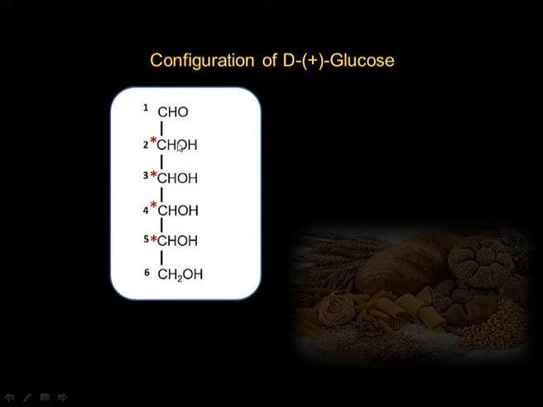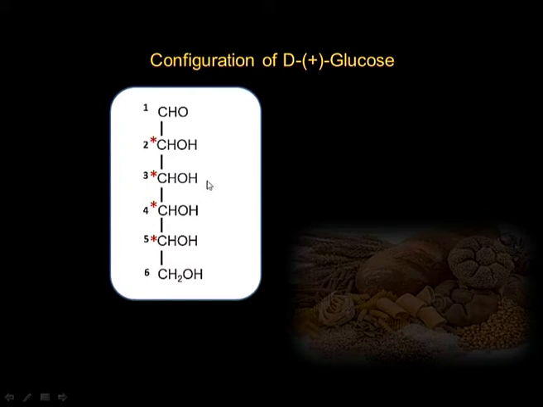Now this structure has 4 asymmetric carbon atoms, numbered 2, 3, 4 and 5. These are shown with the help of a star also. If a molecule has 4 asymmetric carbon atoms, then 16 stereoisomers are possible, depending on which side hydrogen or hydroxyl is placed on these 4 carbons. Out of these 16 isomers, only one configuration belongs to D plus glucose, and this work was